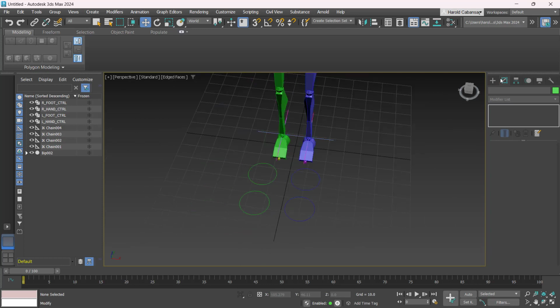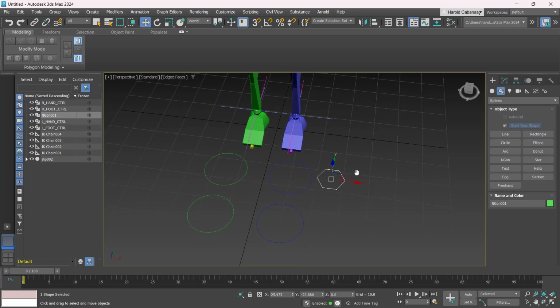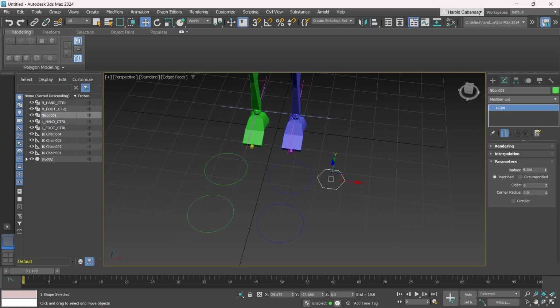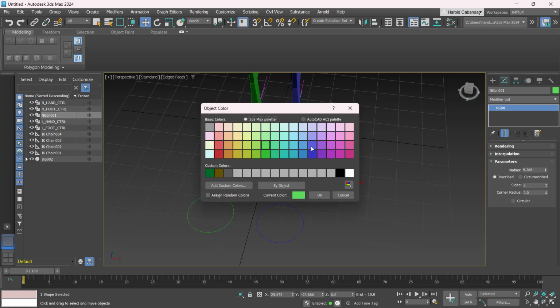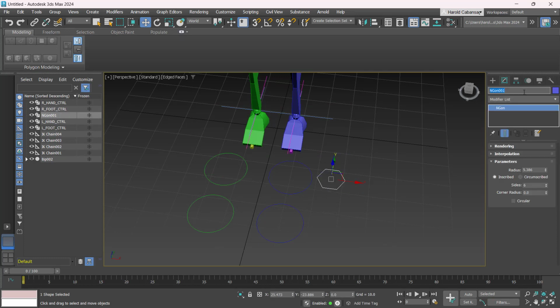And then also I'll create another set, which is this time I'll choose an N-gon. So here's an N-gon there. So this N-gon, I will use the same color. Let's say here, there. So I'll just paste earlier. Example here. This is going to be the left knee control,